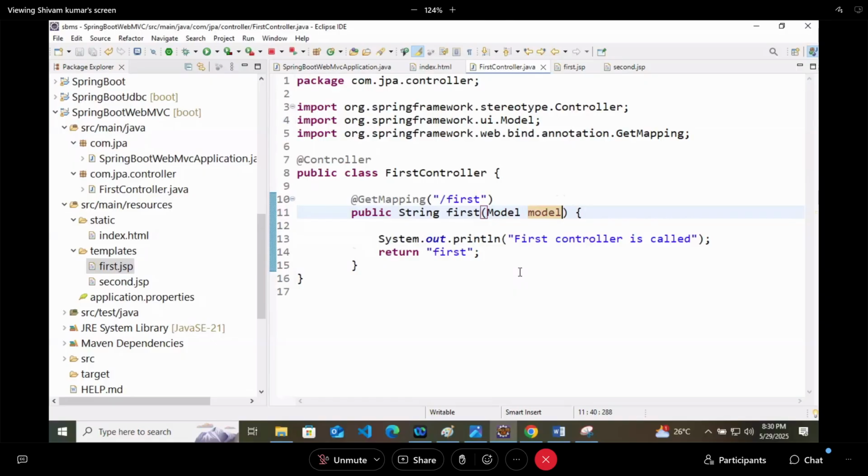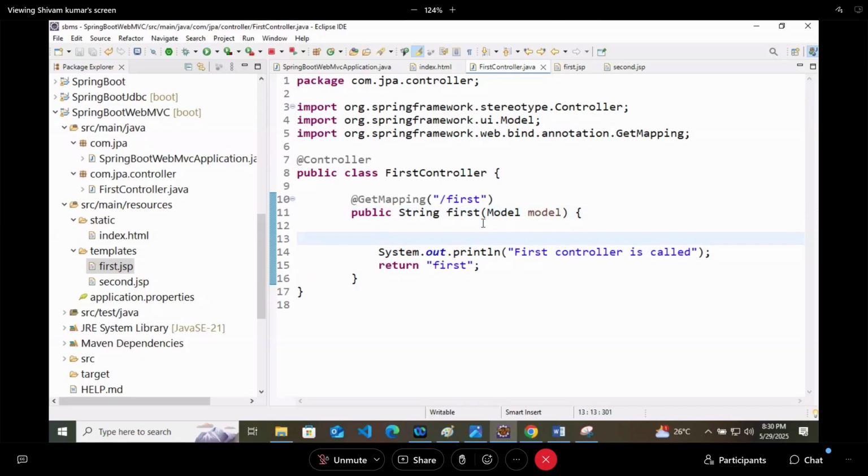What if now I change this from Controller to RestController? We have seen one difference: RestController returns JSON or XML data, and Controller returns the view. So restart the application now.